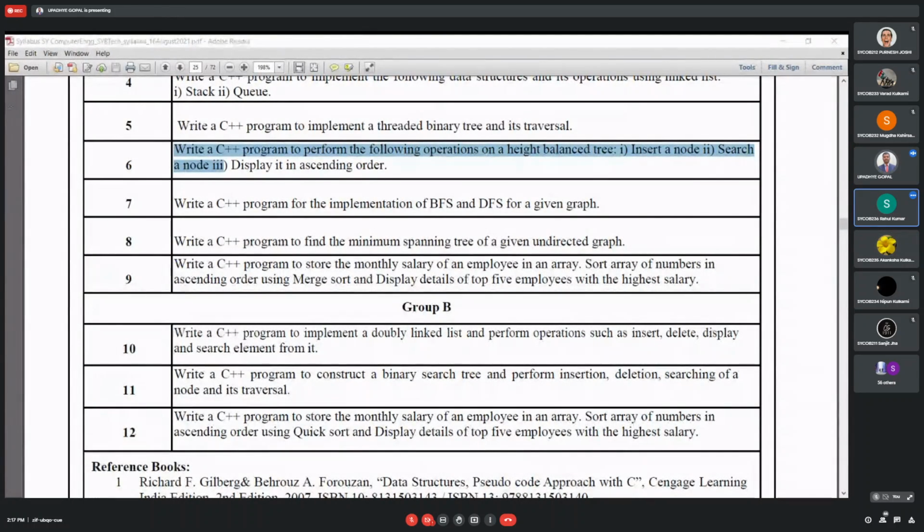Rahul Kumar. So what about your assignment status, Rahul? Sir, my first and second are completed. Third will be completed by today. What about the other student? Sir, mine also. First and second are completed. Explain the logic of the first assignment in detail, and if it is possible, share the screen right now.